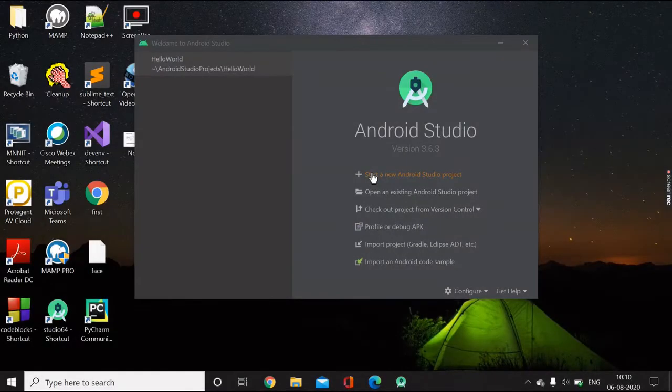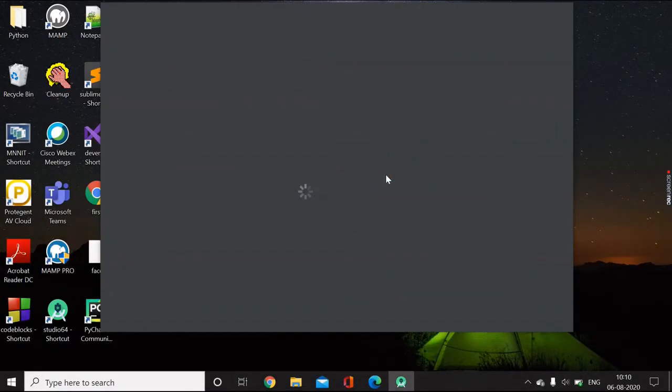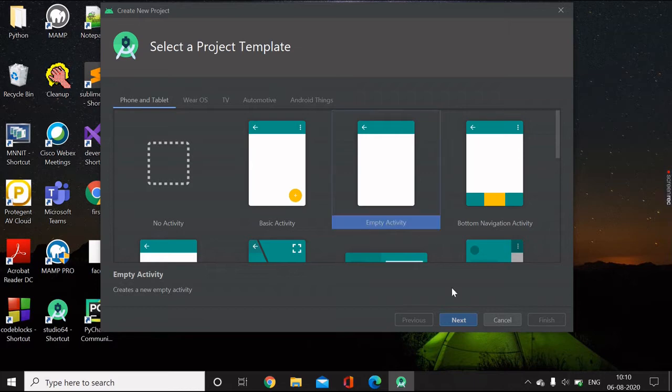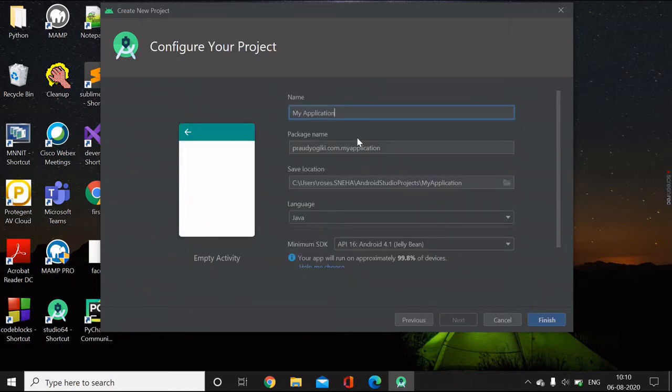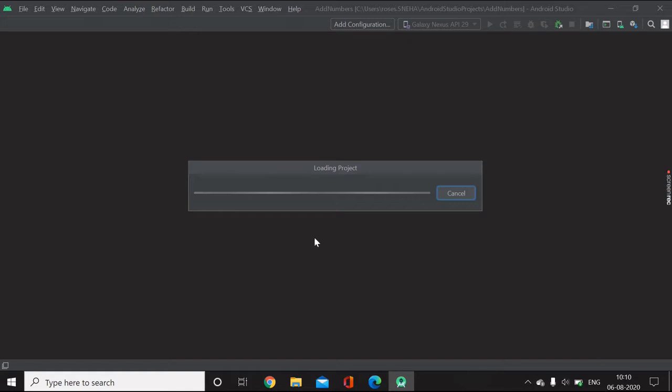We will make an app and add two numbers. Let's start a new Android Studio project and select empty activity. Let's name the project as add numbers. You can change the packaging according to your wish. Then